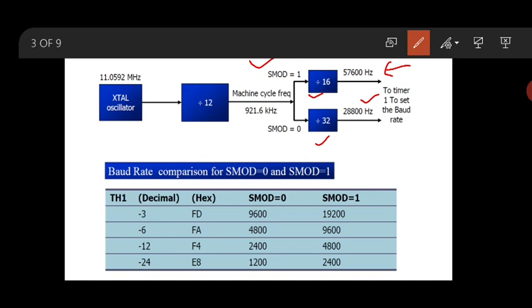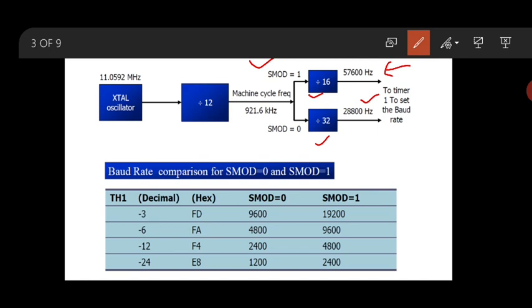If SMOD is 0, it operates at the normal baud rate of 9600. If SMOD is high, it operates at double the baud rate mentioned, 9600, so ultimately the transfer rate becomes 19200.